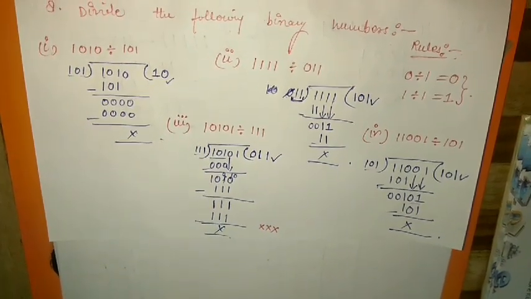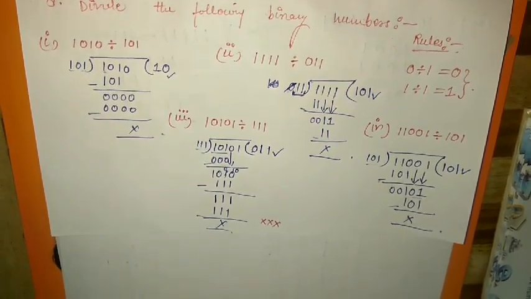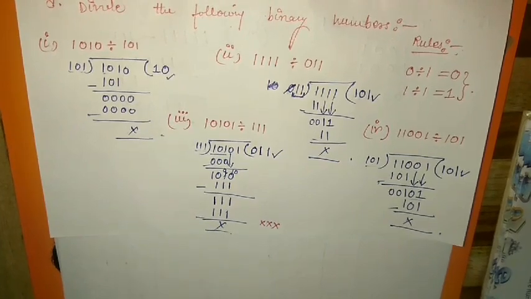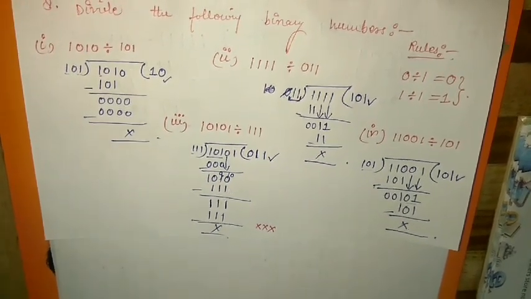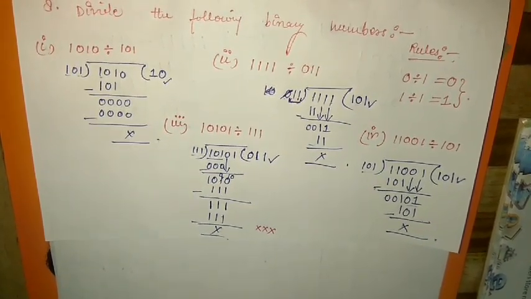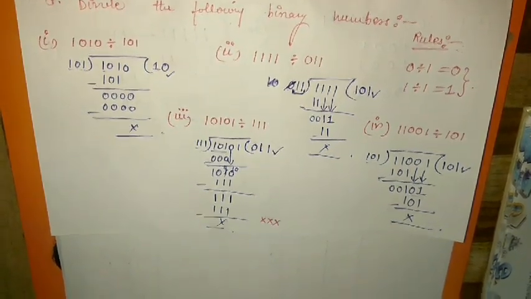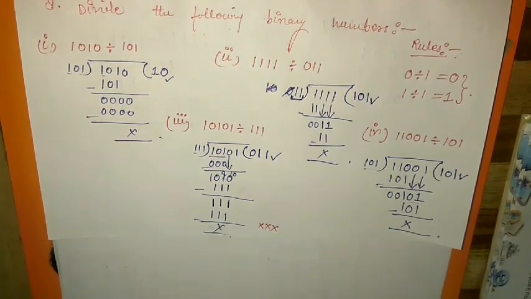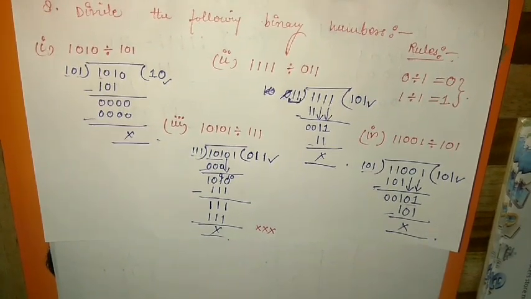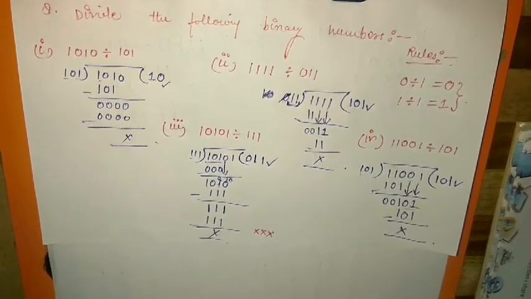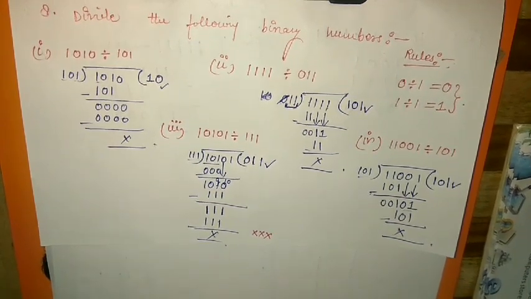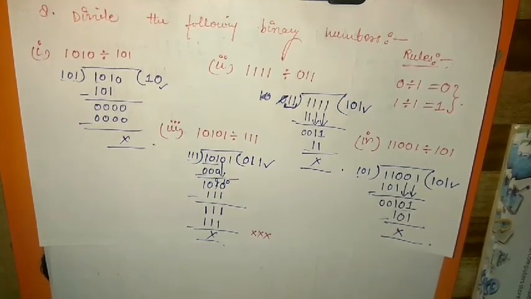In activity time what you have to do, you have to convert 1f3 to the power 16, please see in your book, 1f3 to the power 16 into a decimal number, and then this decimal number you have to convert into a binary number with a base 2. So you will do this on your own, you will try this yourself. This is your homework. Yes, I have already told you how to convert this hexadecimal number into a decimal number.